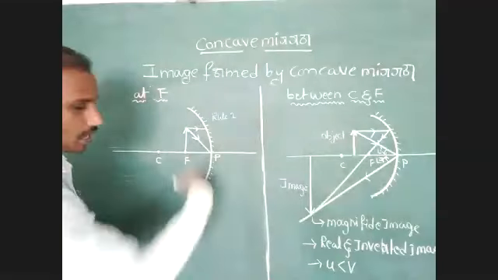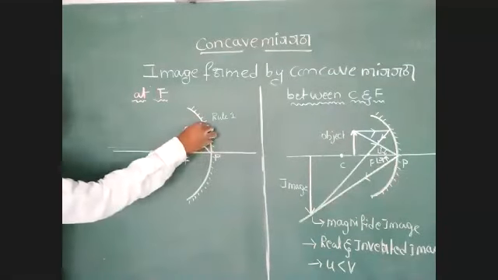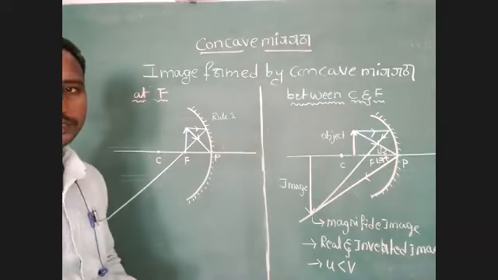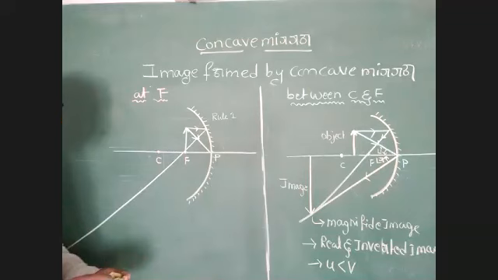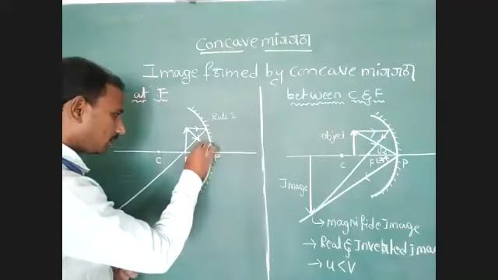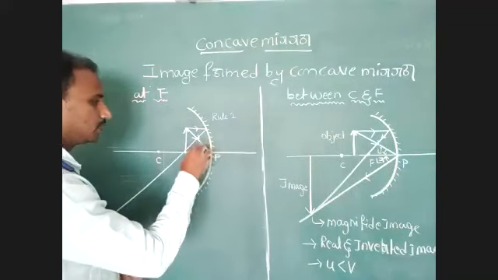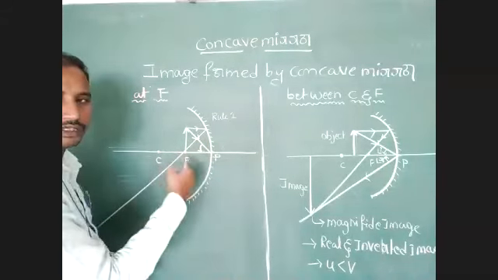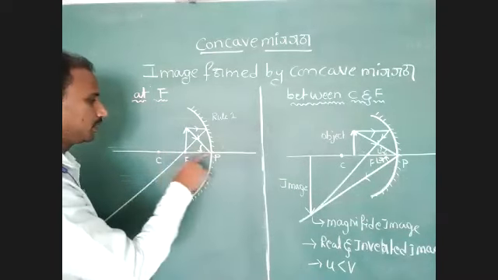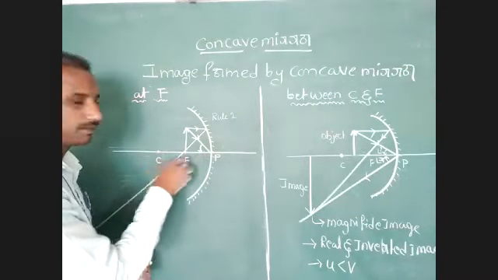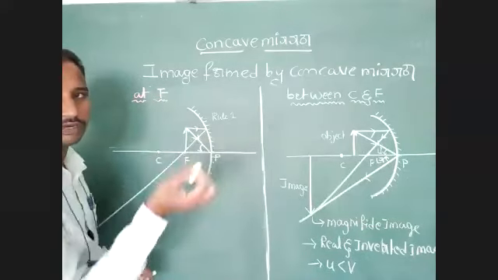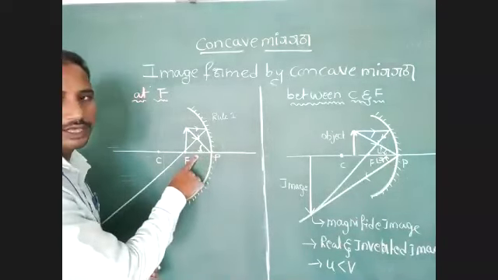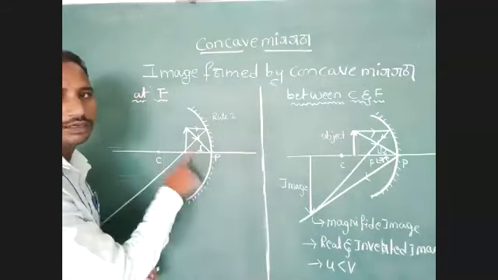If a ray of light is parallel to the principal axis, after reflection, the reflected ray passes through the principal focus. Here, identify the angle of incidence: the angle between the incident ray and the normal. Here, the normal represents the direction along the principal axis, because I introduced that word. Find the angle of incidence with respect to the principal axis. The principal axis is nothing but the normal.